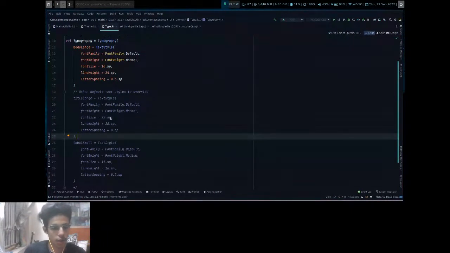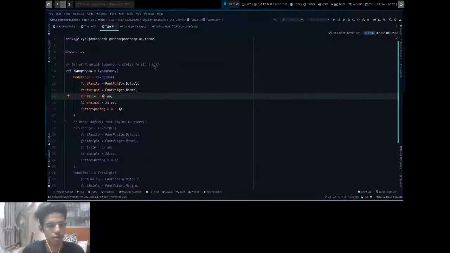You can go here and change 16 to 6, etc., depending on what you want. So it makes making UI easier.